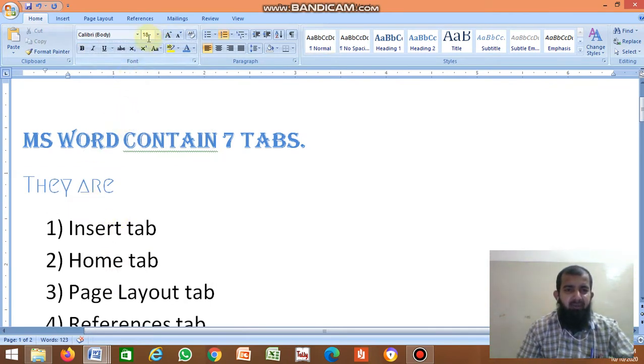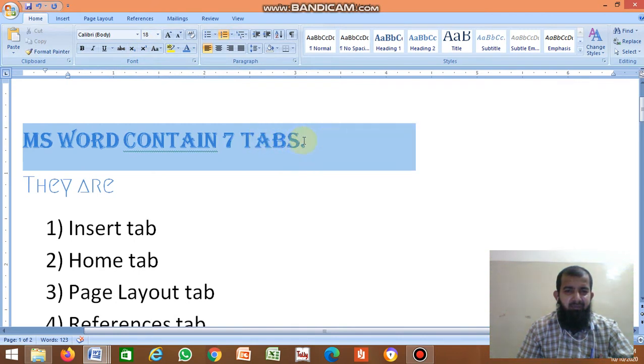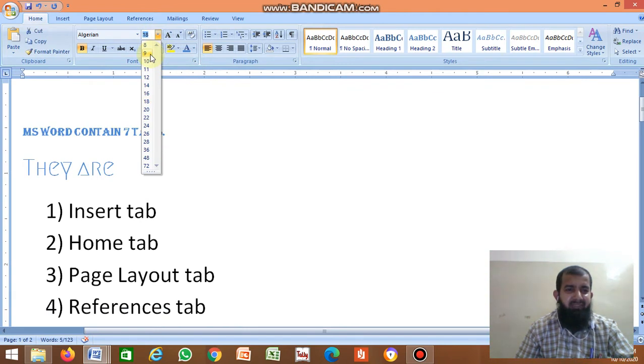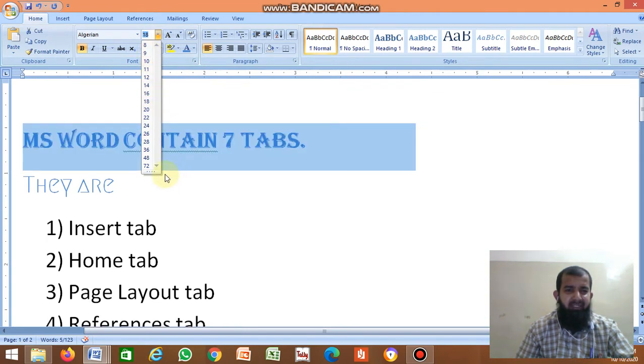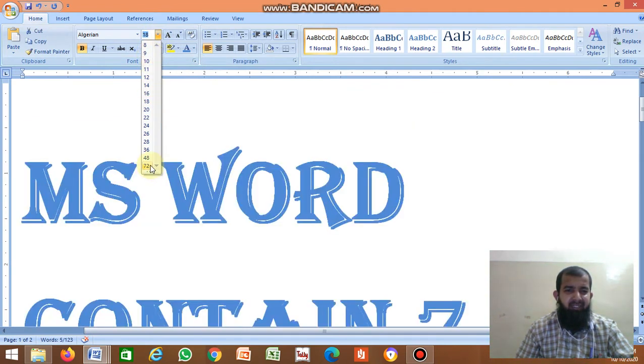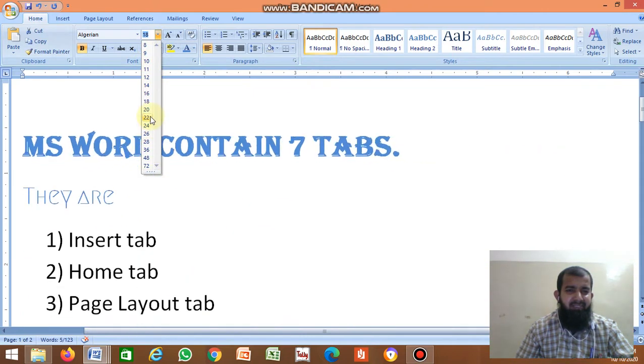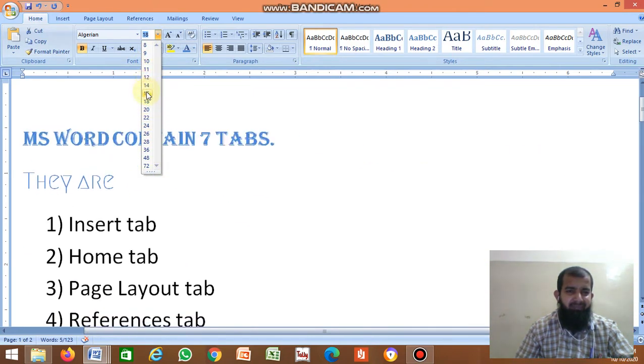Next to font is font size. You can change the font size. Just select the text, then go to font size. You can increase the font size, you can decrease the font size, like this.